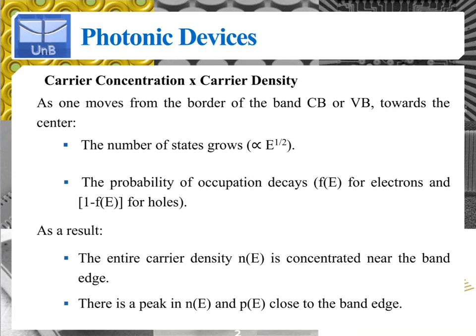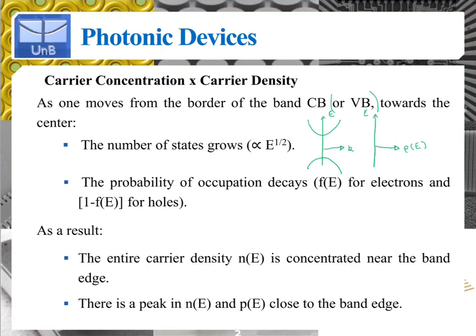And therefore, as we move from the edge of the conduction band or the valence band towards the center of these bands, the density of states grows, right? So let's draw the band structure here again. Start talking about the conduction band, and then we'll talk about the valence band. But for the conduction band, if we draw the corresponding density of states, so rho of E,